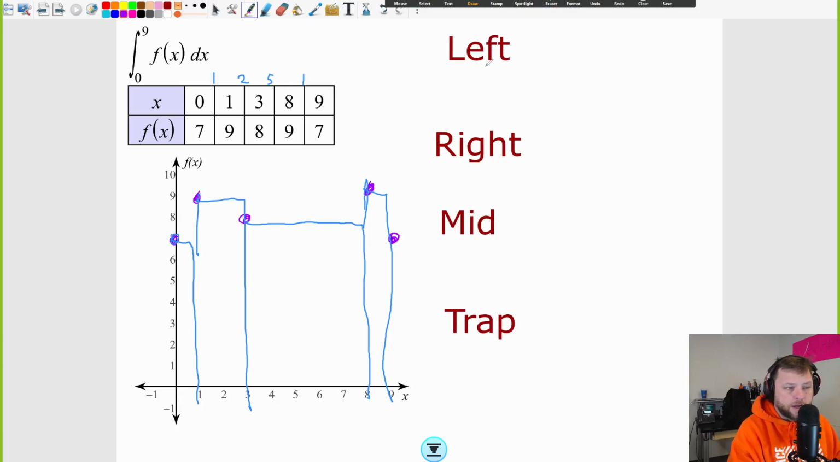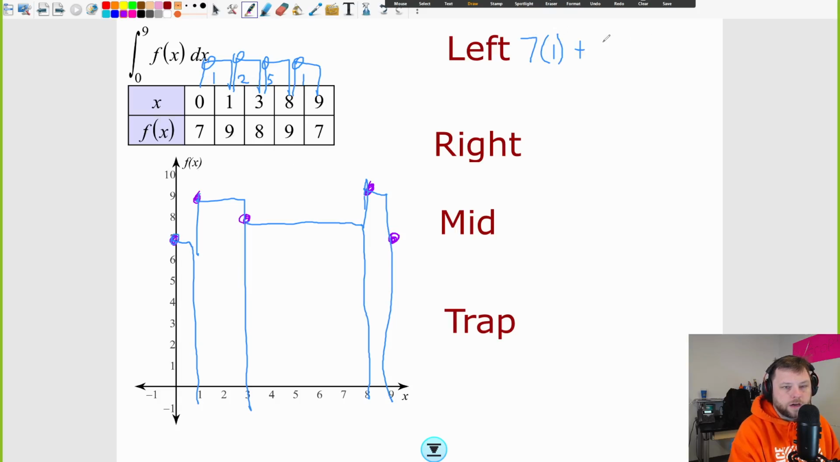Now, let's do these heights. I like writing on here too. I like doing this weirdly sometimes, just to draw. I've got to have some kind of visual, right? So the left-hand Riemann sum, I'm basing it off of this left-hand y value. So it's going to be 7 times the width, and the width is 1. So 7 times 1